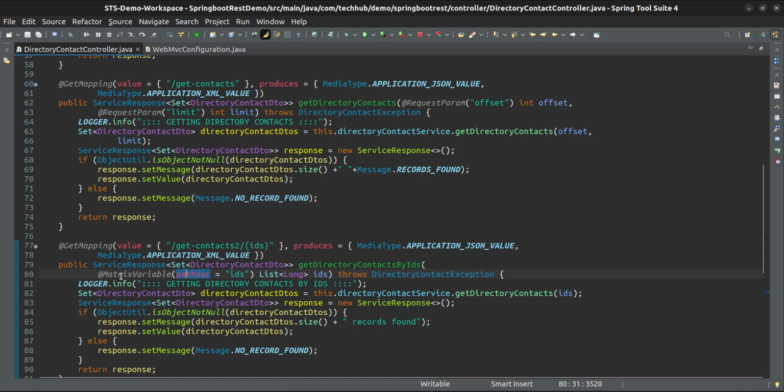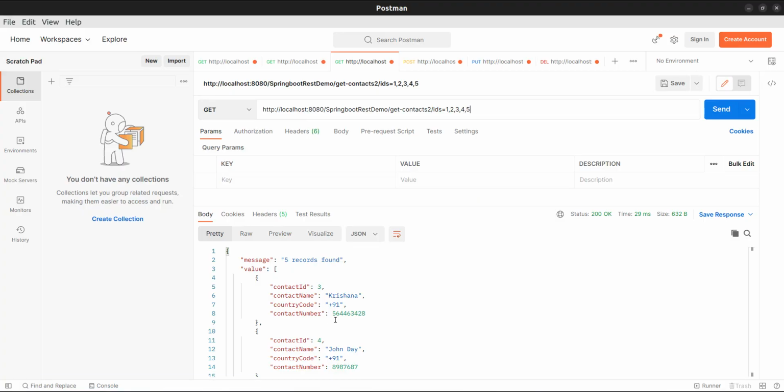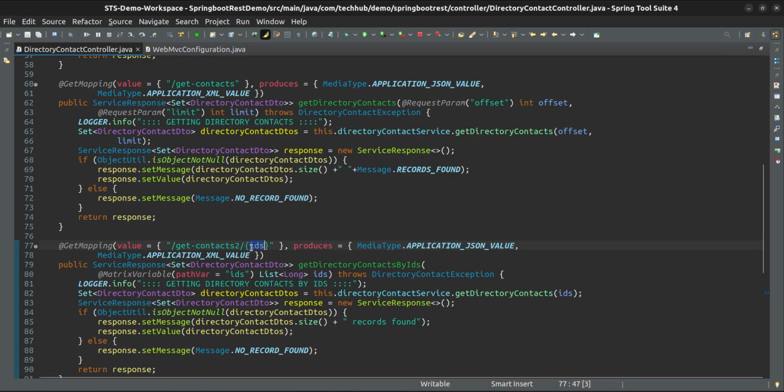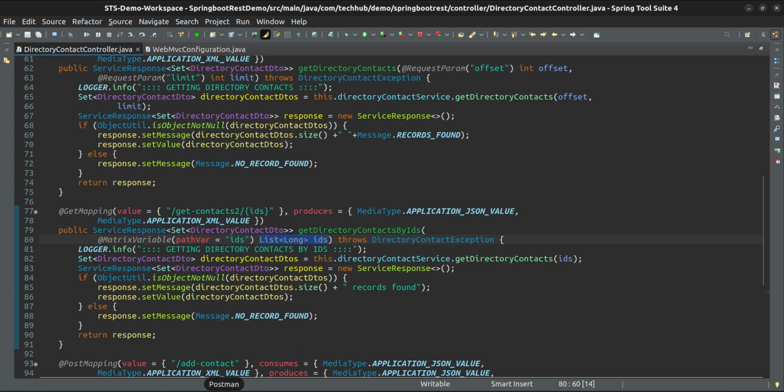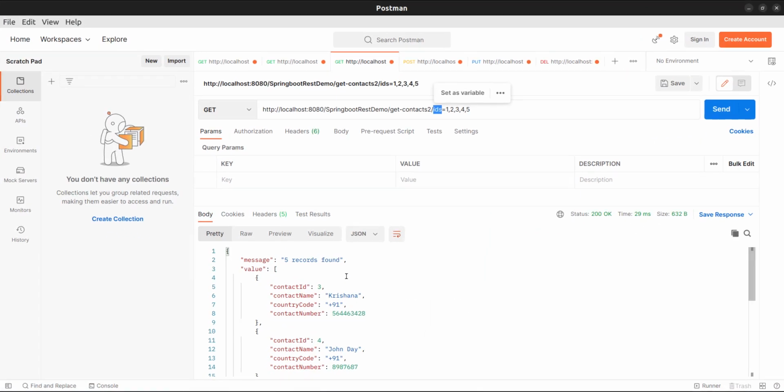PathVar means the variable name of the path, that is IDs, and that IDs you also need to specify here, because that is also separated by a slash only. So after the slash you have to give IDs, and this is your path variable name IDs, and here you can collect inside a list or map, whatever you want to use. That's it, and it is returning the records.